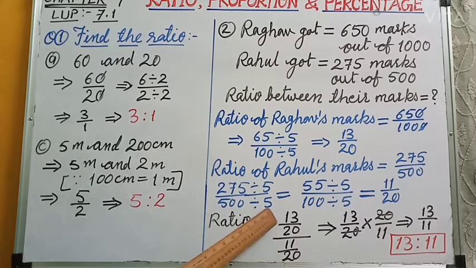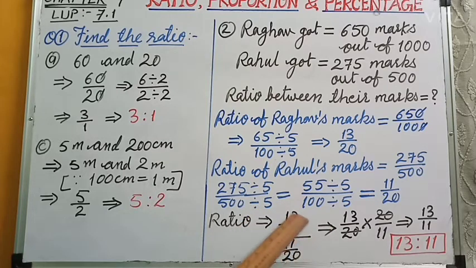So here in numerator fraction is there and in denominator also fraction is there. So how to solve this type of term? Well, for solving this type of term, we can convert this division sign into multiplication sign, but we have to write inverse of the fraction that is in denominator. Okay, so we have to solve this term 13 by 20 and we have to take inverse of the fraction of denominator. So inverse of 11 by 20 is 20 by 11. Okay, and the division sign will be converted into multiplication sign.